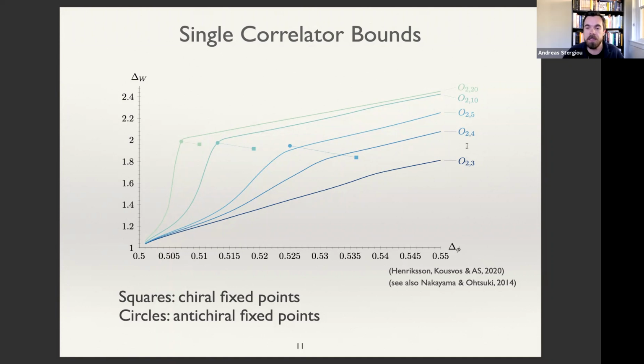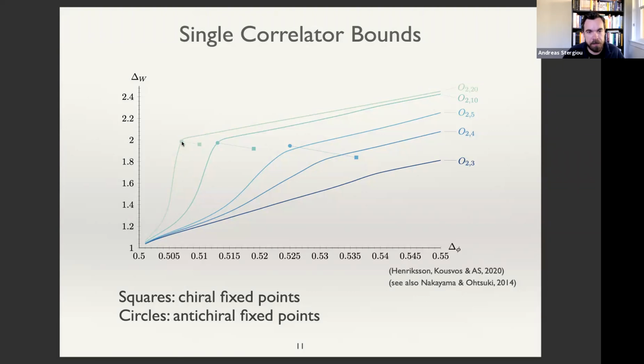So you see here I have put M to 2, and I'm increasing N. And in this case, you can compute large N results for the fixed points. We start from the O2 case, and there is a very mild kink, as you see here. And this kink gets much stronger as we move to higher N. So for the O220 theory, it's a very strong kink. And the squares here